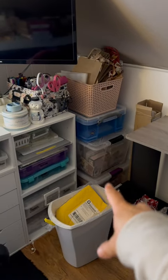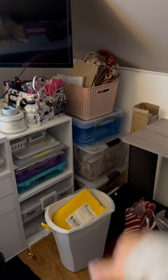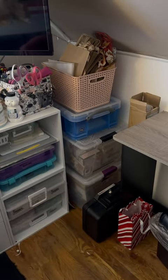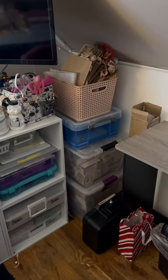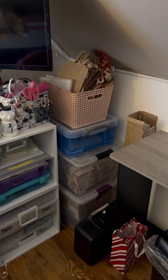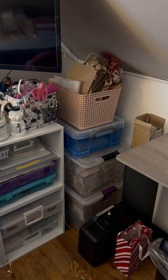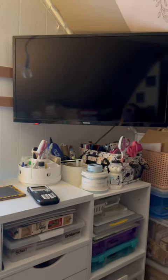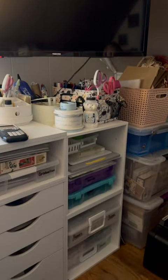This corner is my trash can, obviously, and these are all bins that I take to craft shows. So I put all my finished projects in these, and then all of my supplies for craft shows are in there, like my sign and all of my bags you can see on top there, my tablecloths, all that good stuff. Then you can see I've got my big TV that swings. Sorry, I'm definitely rolling in my chair. And then I've got this